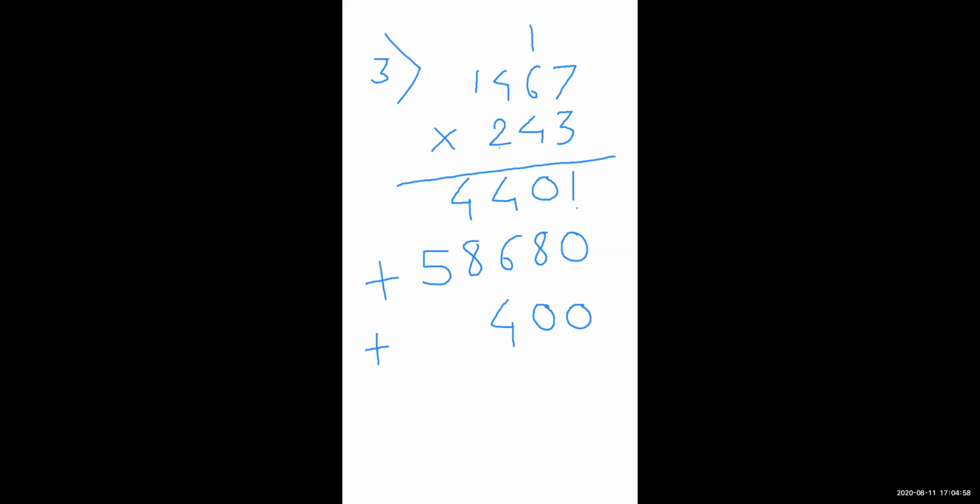Then 2 sixes are 12. 12 plus 1, 13. 13's 3, 1 goes to carry. Then 2 fours are 8. 8 plus 1, that is 9, and 2 ones are 2. Yes, after multiplying by 2 hundreds, you will get